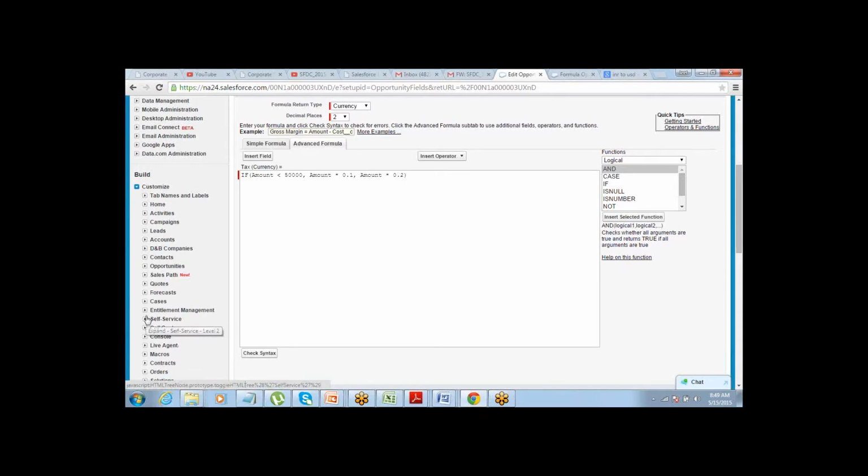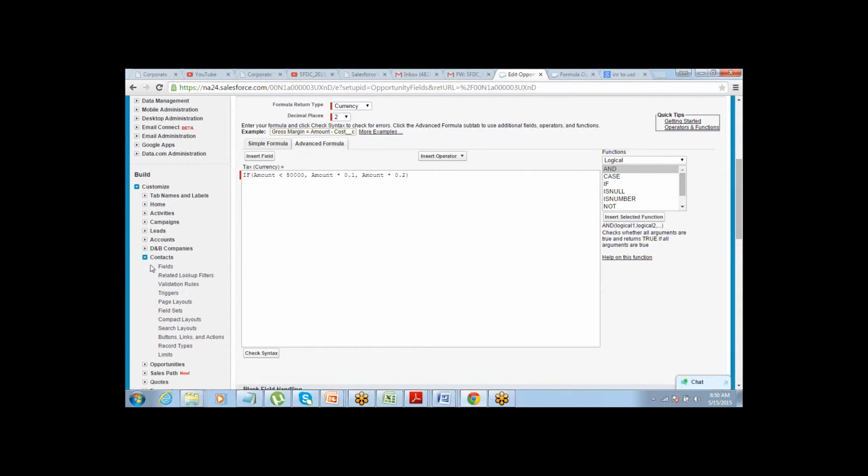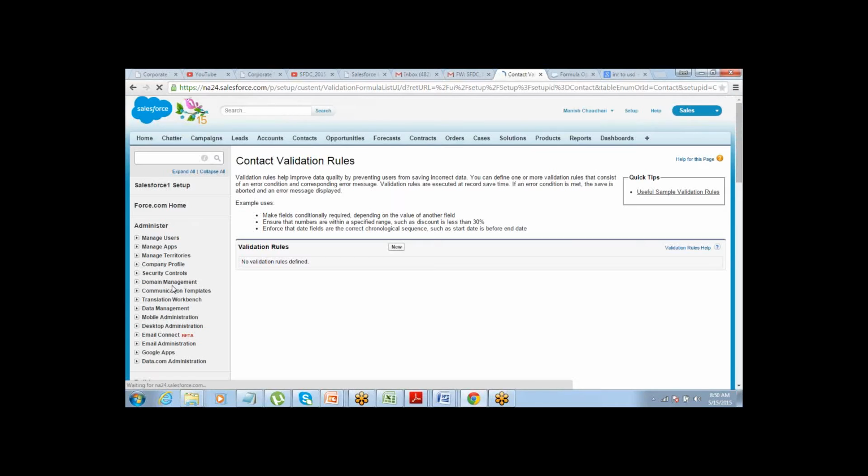Where is contact? There it is. This time you don't need to go to fields. This time you just need to go to validation rules. Under contacts, go to validation rule or whichever object you want to define the validation rule for. Go to the validation rule, click on new,